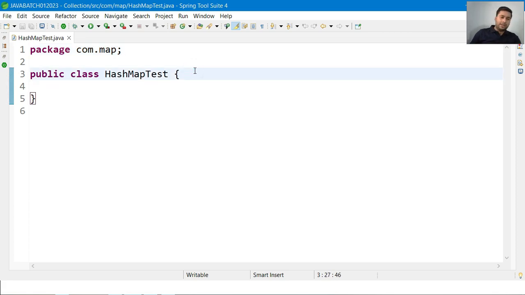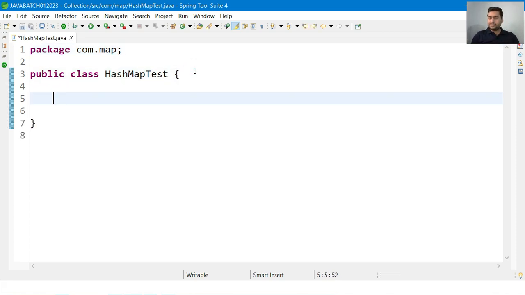Okay, now we need to understand how we can create an object for the HashMap, because we know the map is able to store key value pairs. What are the methods in the HashMap to put the data? For example, for collections we have an add method to add the data inside the collections, like array list, linked list, whatever we have. We have a get method, so we can get the data at some particular index. We have some methods called remove, update. So those methods we have in collections, but what are the methods available in map, we can